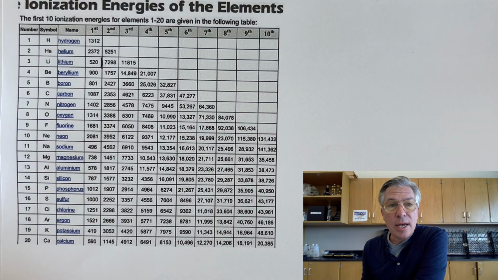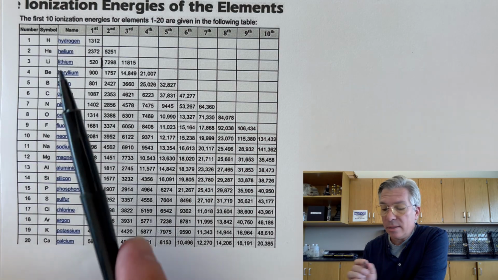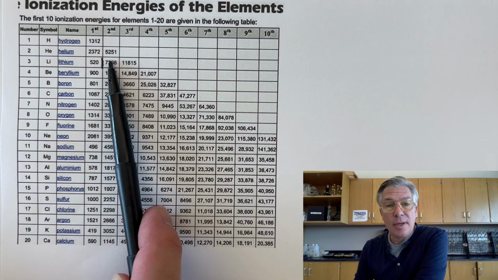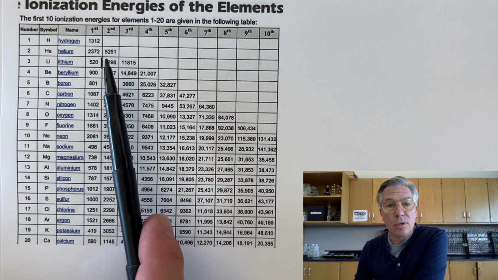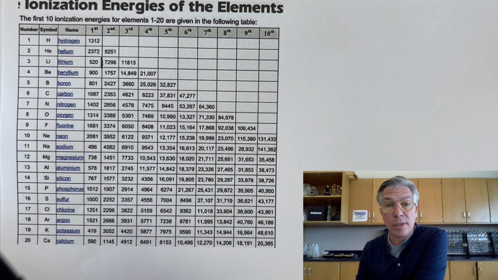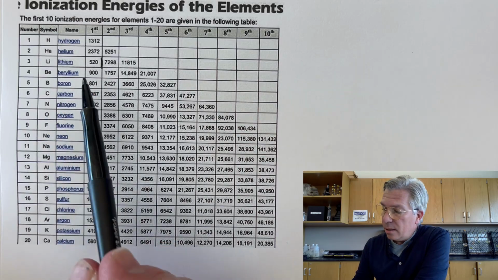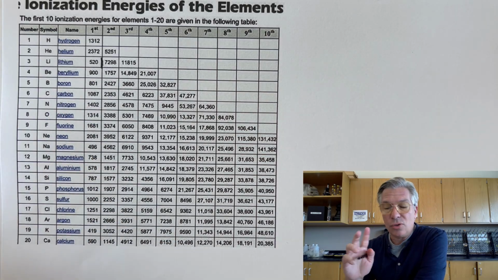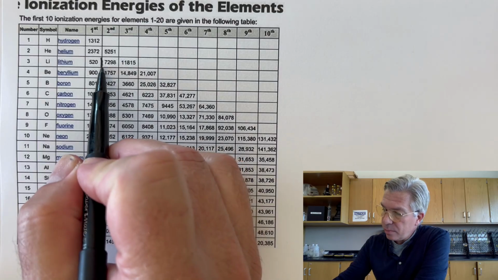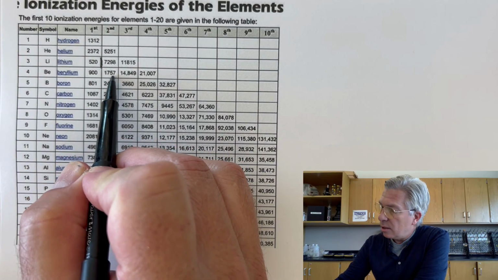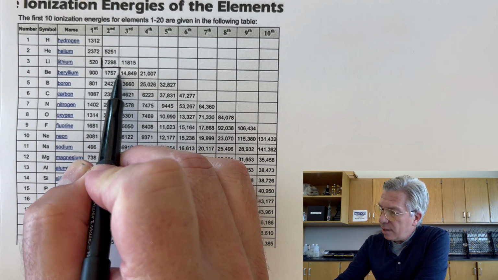Okay? Because it only has one valence electron, once that valence electron comes out, the second one has to be taken from one of the core electrons, and that's in a full energy level, and that's harder to take. Beryllium has two valence electrons, 1s2, 2s2. And so the first one is kind of low, the second one's kind of low, but after that second one,